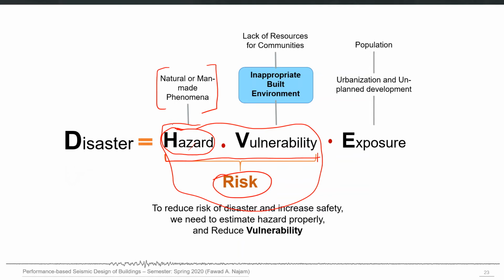So you may have places around the globe where the hazard is very high, but the vulnerability is low. The quality of construction is very good, so therefore the overall risk may be low in those cases. You may also have cases where the hazard is low but the vulnerability is high. Although the earthquake hazard is not that high, the quality of construction is very poor, and therefore in that case also we will have a high risk. And we may also have a case where the hazard is high and at the same time the vulnerability is also high. That would result in a large amount of risk, and that needs special attention in such cases.